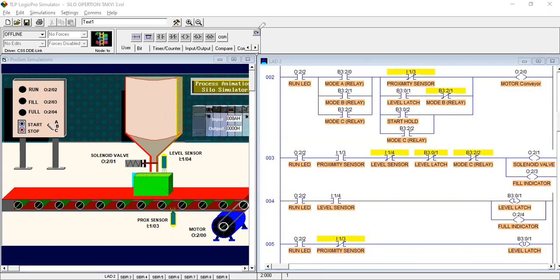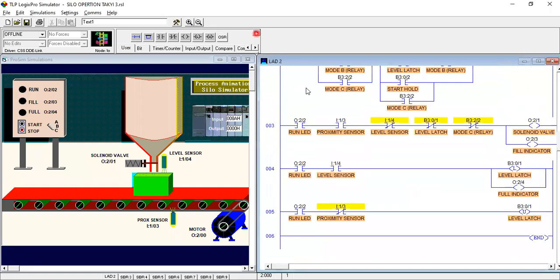Okay, so after that we have this level latch full indicator. When your box is full of liquid, the full indicator shows that the box is completely filled.